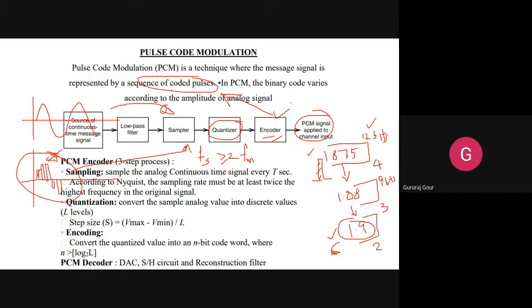The encoder, what it is doing, it is converting these decimal numbers to binary. That's how we are getting this sequence of coded pulses. And the step size is determined by the quantizer. How the encoder is going to do that conversion is based on this one condition. Understand? This is about the PCM transmitter. This is what we are discussing. It is a PCM transmitter.